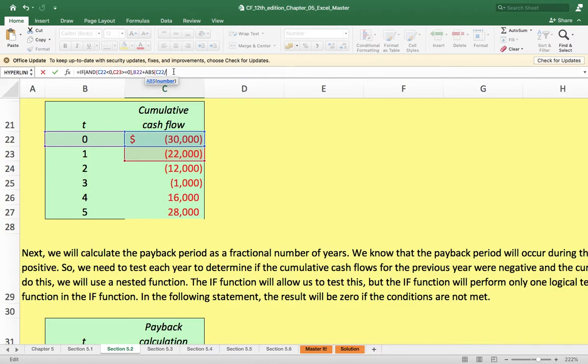That is, 22 will always be negative because that is year 0. Then the next year, if the cumulative cash flow is 0 or positive, then give me the payback period. Payback period is always in years. So give me the previous year, that is year 0, plus the absolute value of the cumulative cash flow of year 0 divided by the cash flow of the same